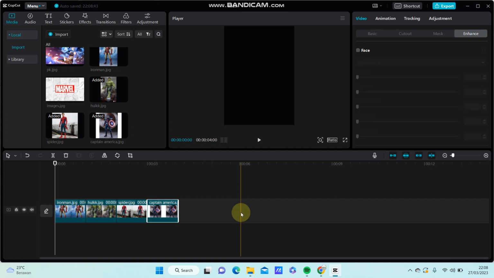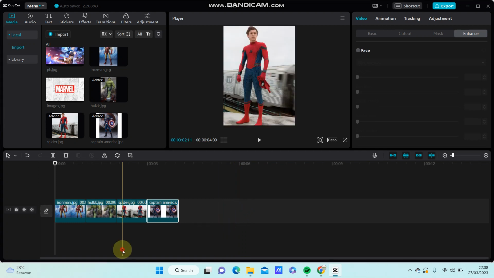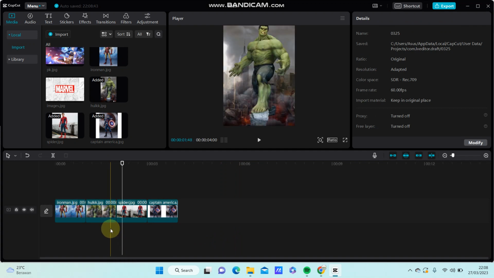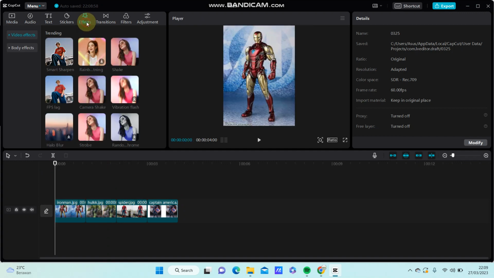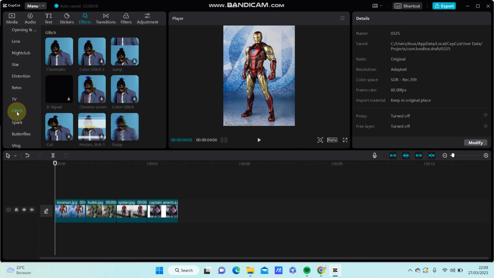Hello everyone, in this video I'm going to show you how you can use the Chromo Zoom video effect as a transition in CapCut for PC. And I have added a few images right here, and I'm going to select video effect and select clips. You can find Chromo Zoom, but this is video effect, and I want to use this effect as a transition. So how to